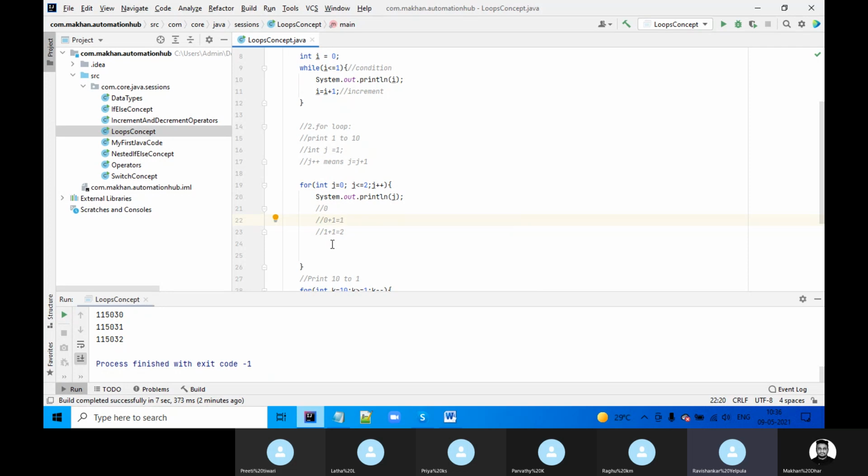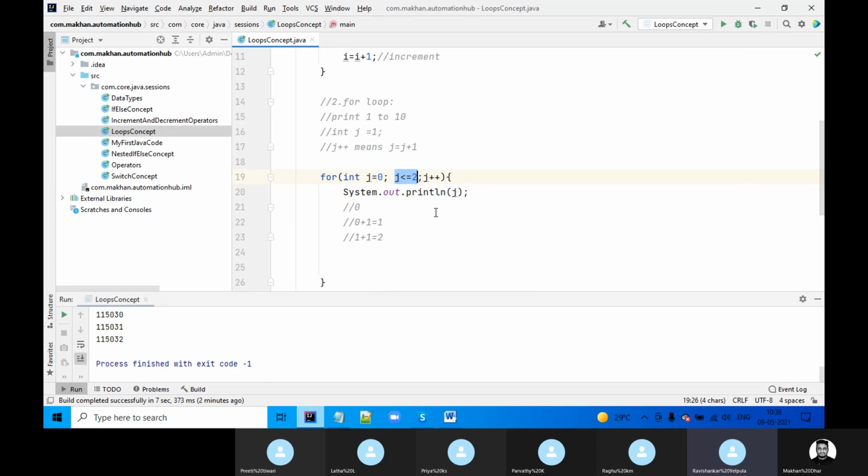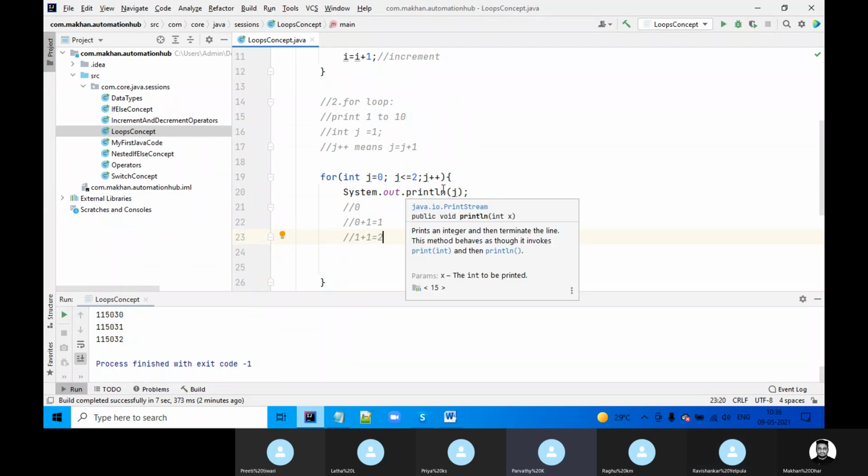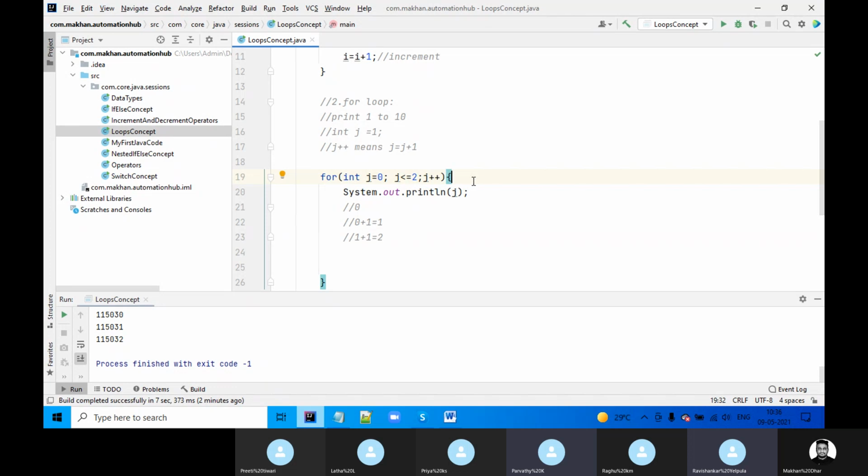So again it goes back to the condition. Again it checks, is 1 less than 2? Yes, 1 is less than 2. Then again it goes back and increases the value. Then it comes back and prints the value. Then that condition and reinitialization happen continuously, but initialization happens only once. Got it? Okay, now I got it. So I will be displayed first itself, and after that only the working happens between j less than 2 and j plus plus, right? The cycle. Right. Okay.